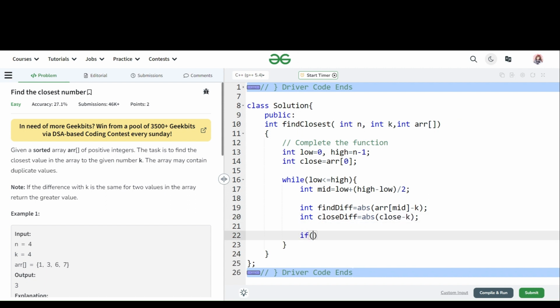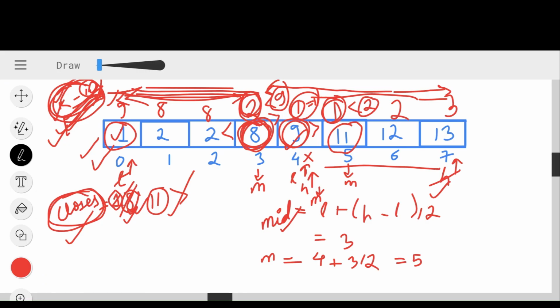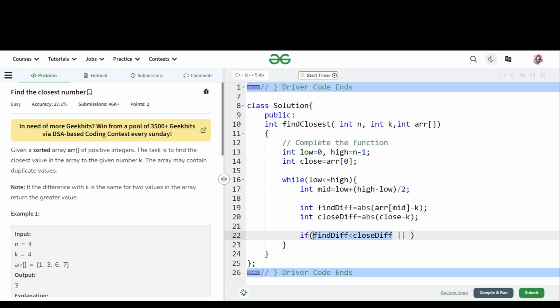Now we will check for conditions, that is if my find difference is less than close difference or not. We were checking this condition: if my 8 minus 10 was coming less than my closest minus 10, then we were updating this to our middlemost element, isn't it? So we are checking the same condition here.